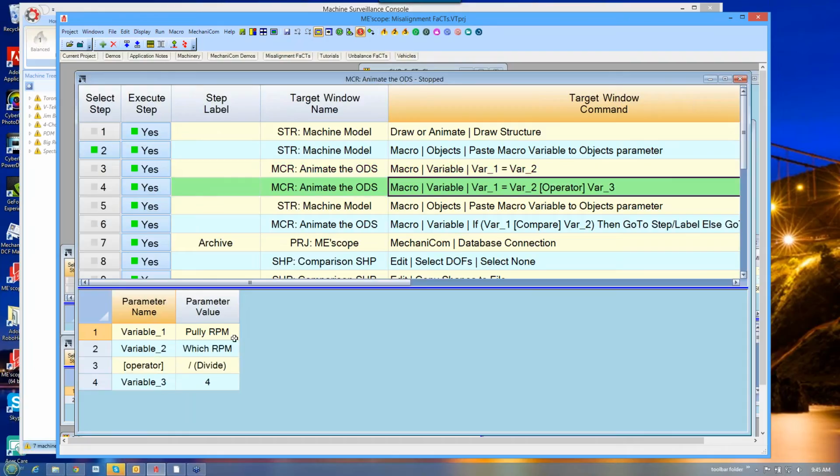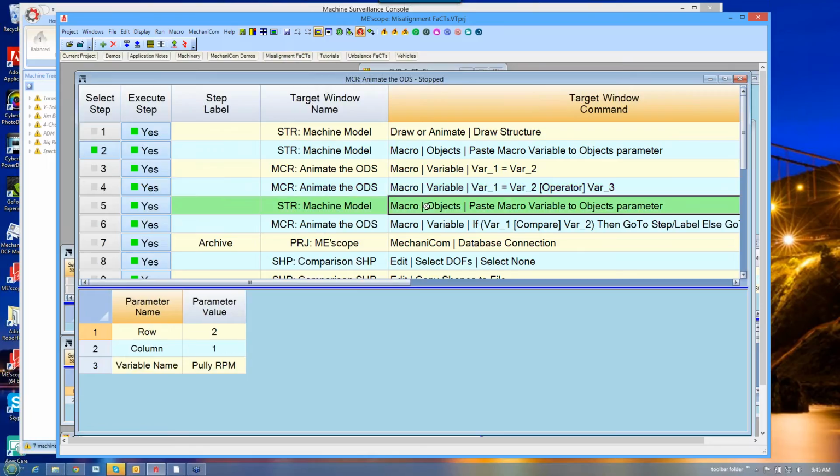this is a little bit of math here. It says variable 1 is equal to variable 2 operator variable 3. So I have to come down here and look at what these variables are defined as. Variable 1 is the pulley RPM, is equal to variable 2, which is which RPM, that's the 2000, divided by 4. So the pulley RPM is going to be 1/4 of the running speed, or the ODS